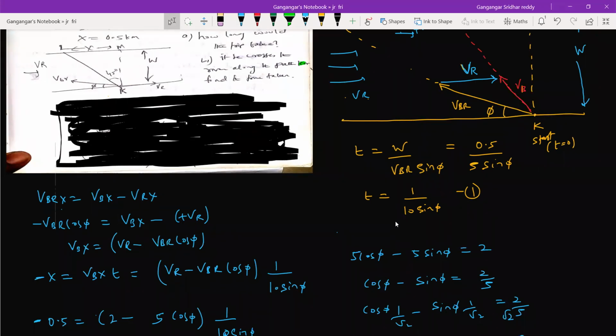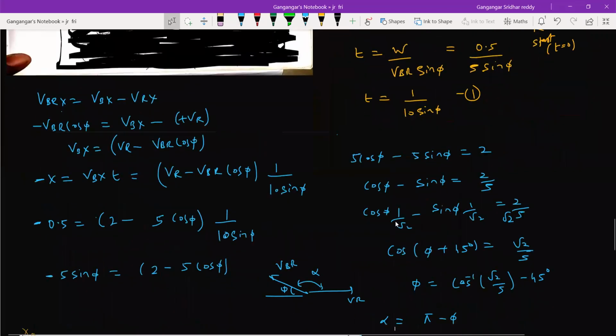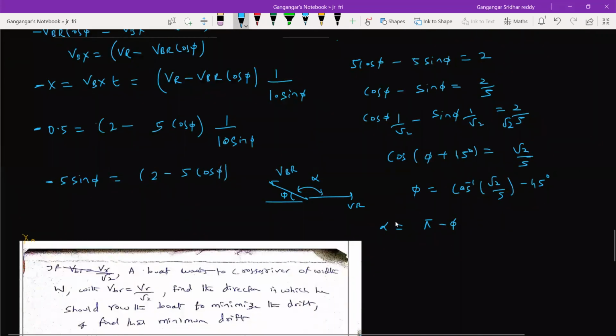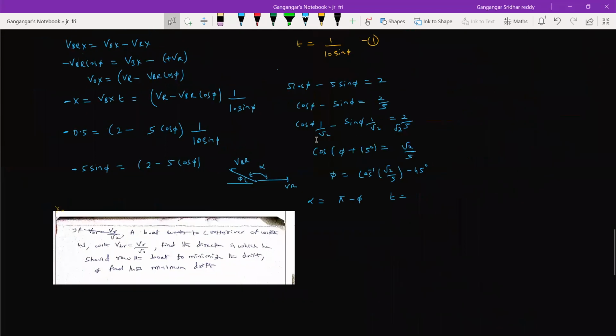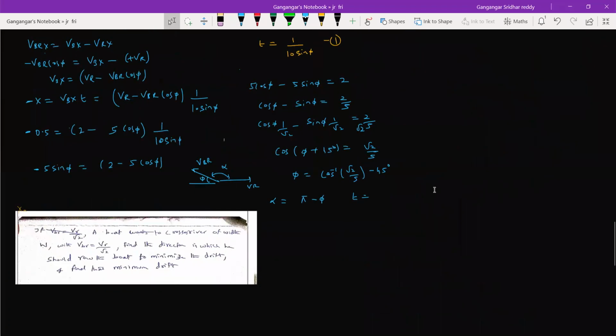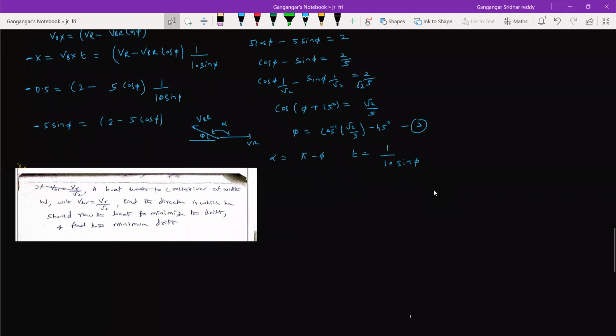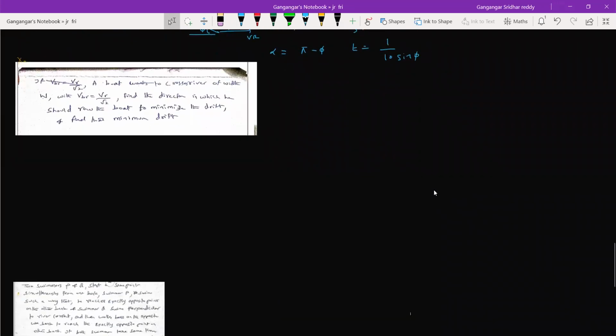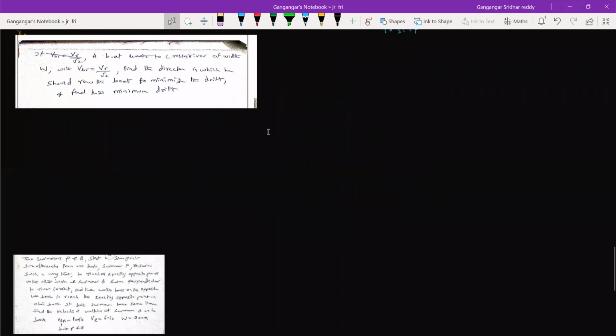Here is the time. I'll write it in the end again. Some of you think this angle. What was the thing? T equal to 1 by... So put 2 in 1, then you get the required answer. Okay, can you manage the calculation? I'll discuss the 2 more problems that are there. We'll finish off this.